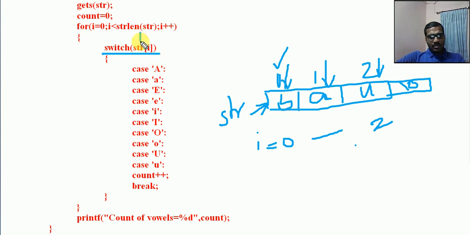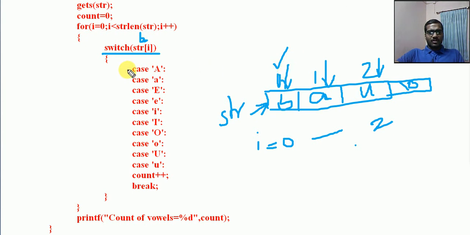That is B. Switch on B, str of i. That is the location, the ith location that we are mentioning.